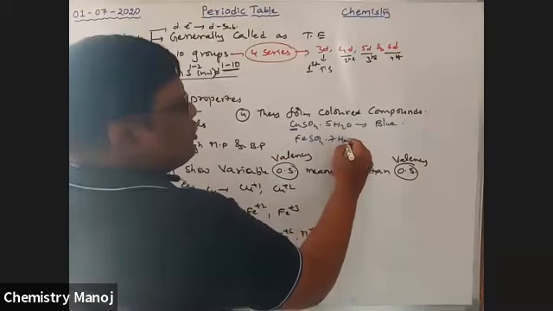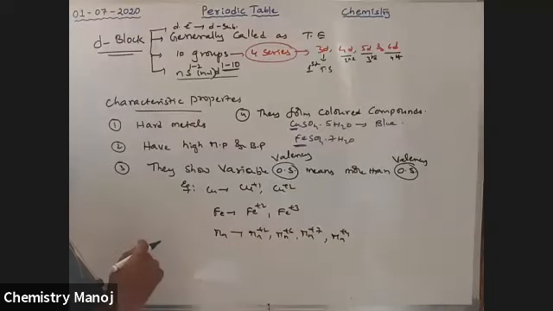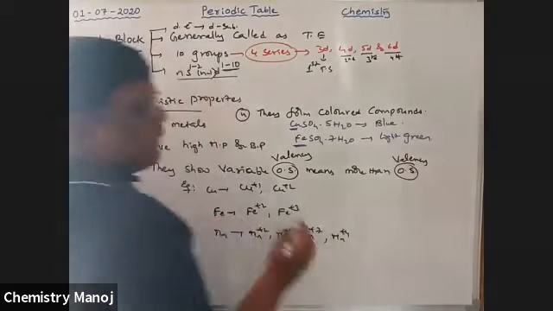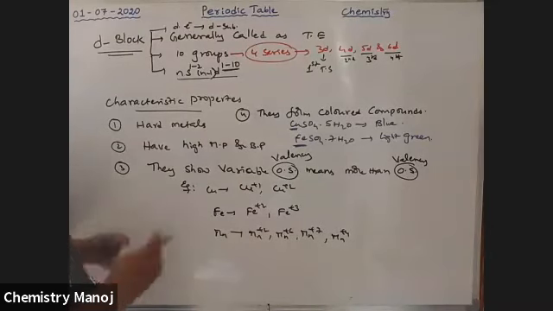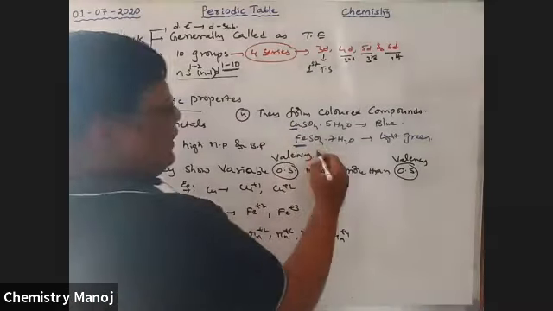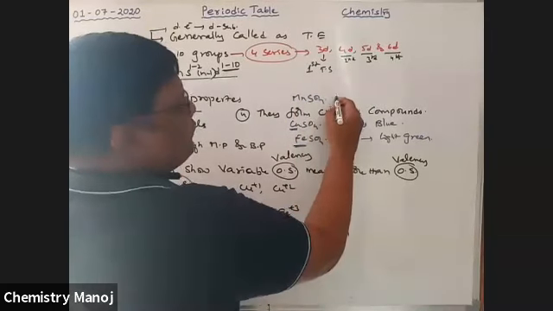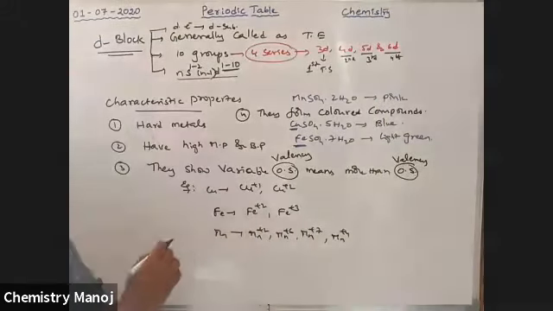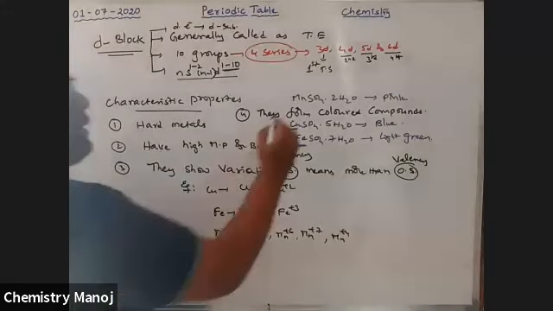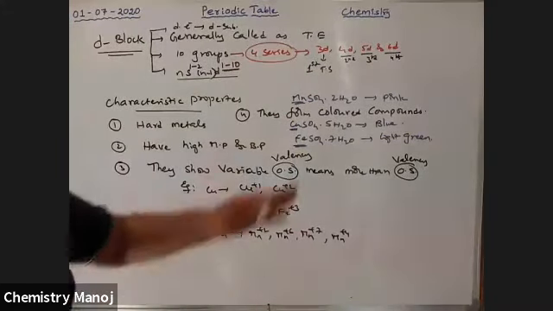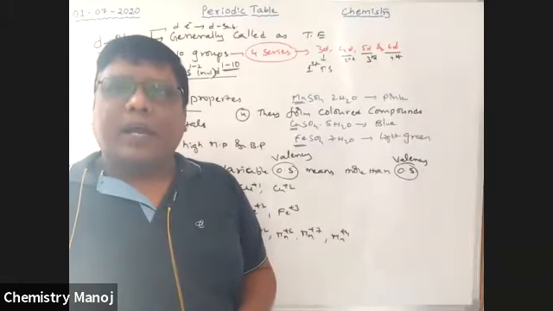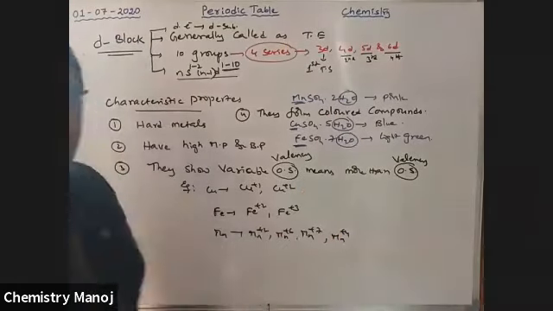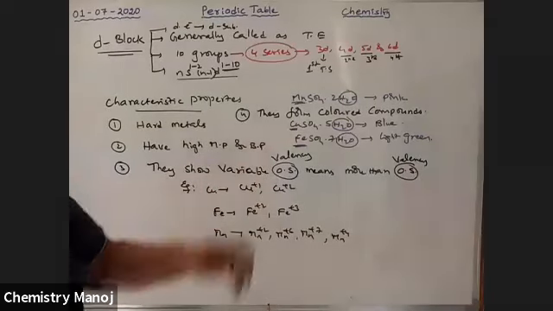FeSO4.7H2O. Here Fe+2 is there, a D block element. It is light green in color. Okay. That means like this. For example, MnSO4.2H2O, I think. It is pink in color. Flesh color. Light pink. Here Mn is our D block element. That means hydrated salts of copper, our D block element. Hydrated means water molecules are there. Hydrated salts of our D block elements are generally colored in nature.